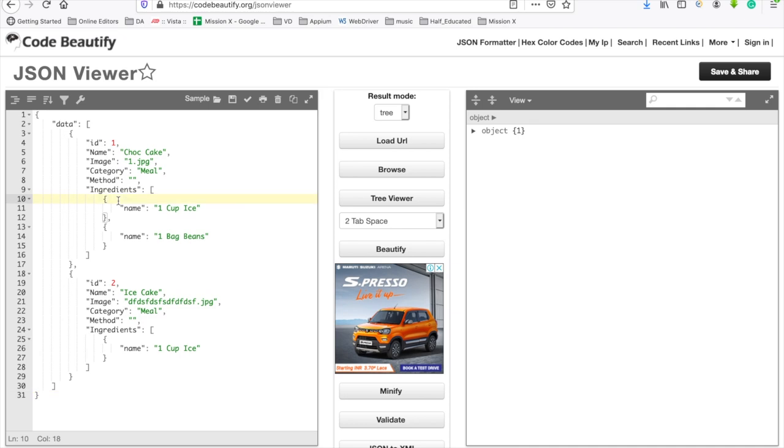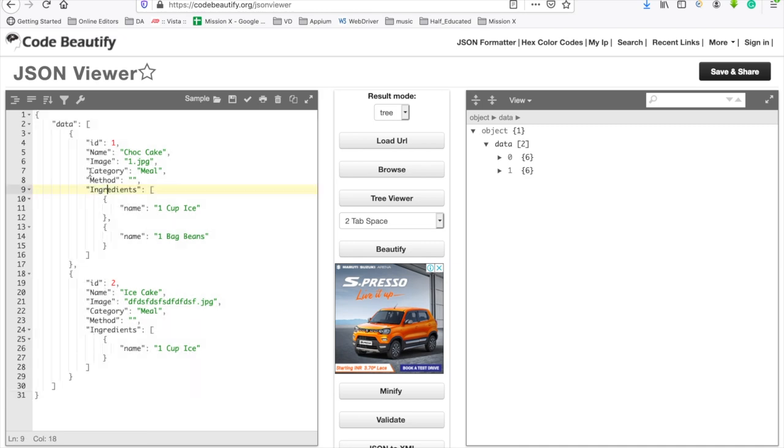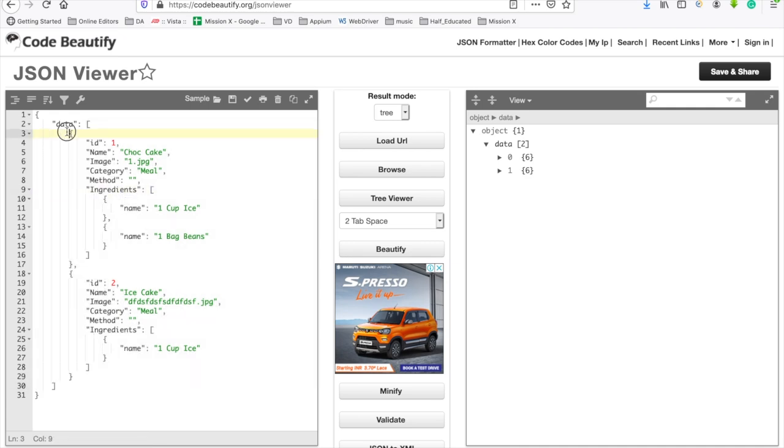This is my first JSON, which starts with a JSON object followed by a JSON array, and inside we have again a JSON object, again a JSON object. It starts with the first JSON object, followed by, in data, a different JSON array. Inside again I have a JSON object. Here, inside this array, I have two JSON objects.